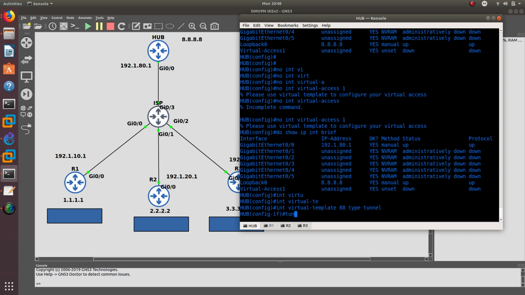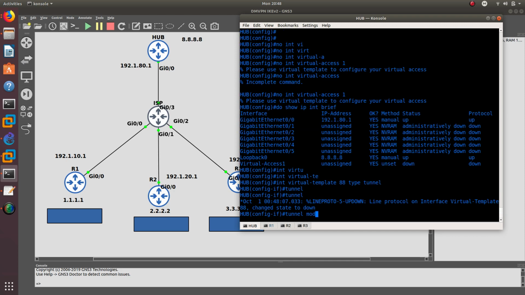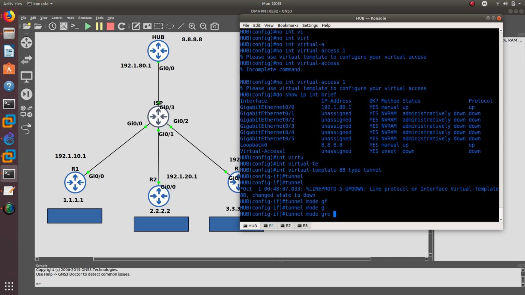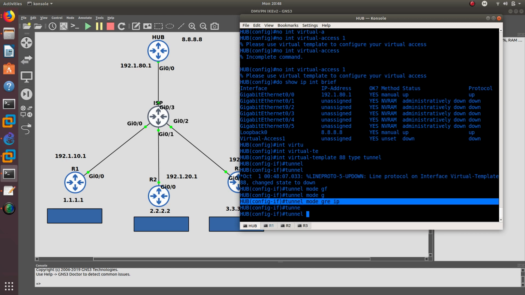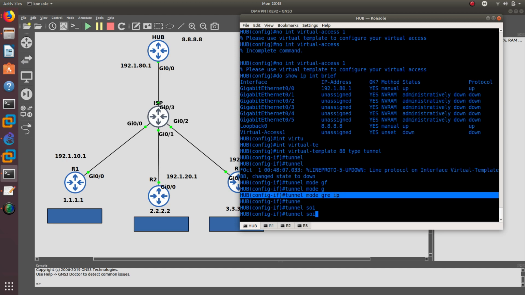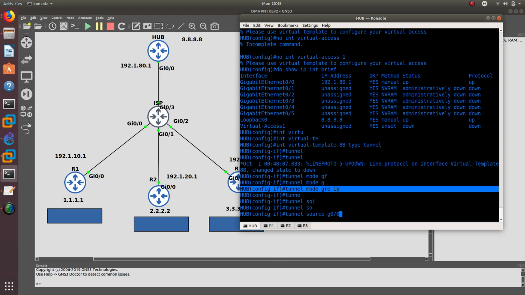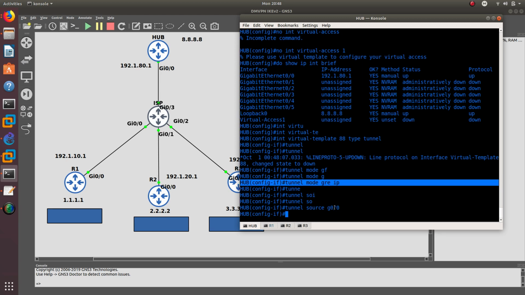And from here, what I want to do is a tunnel mode GRE IP. This tunnel mode GRE IP means that we're going to be creating a point-to-point connection, because it's going to be hub to spoke, so it's only one connection, right? Hub to spoke, so it is going to be a GRE IP, which means it is a point-to-point. Then we can do the source, which is gigabit 0/0, and after that we're going to do